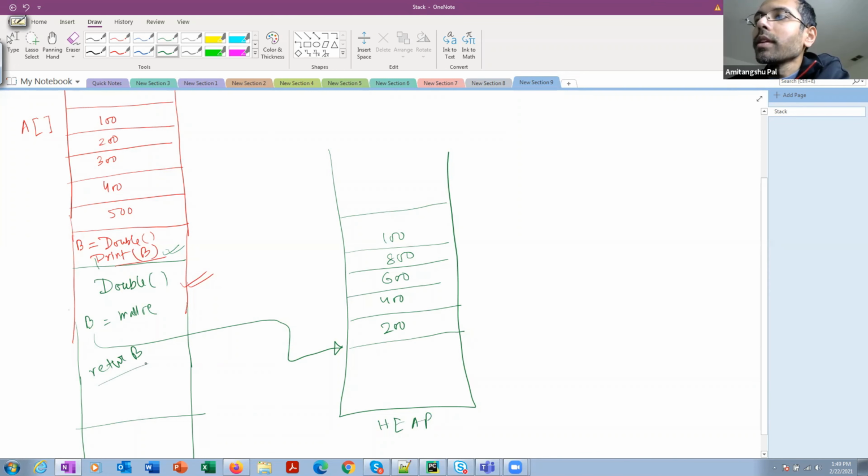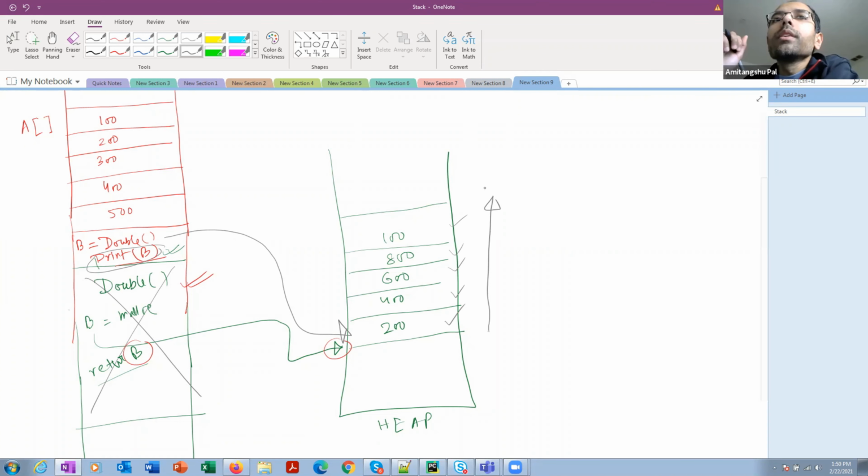That means you are returning this address. So b is going to point to this location. Now whenever you are printing, it is going to print these elements from the heap. And again, whenever you return from this function, this stack frame will get deallocated, but now b points to this location. So whenever you're going to print the elements of b, it is going to print from this location.